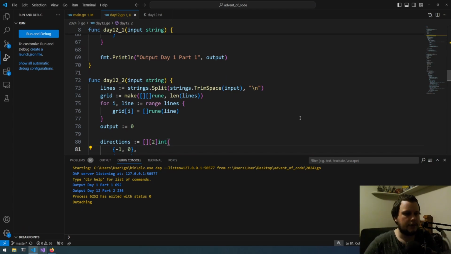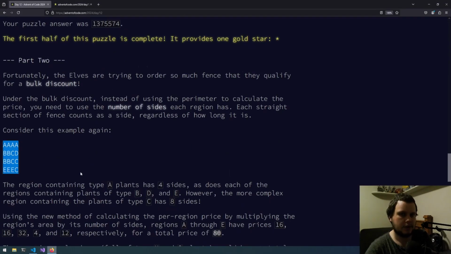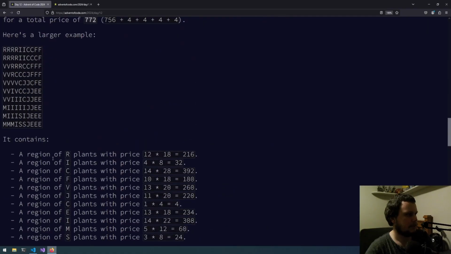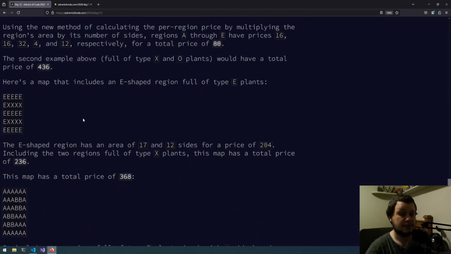So I had that code, and for some reason it would just not work at all. When I tested on this example, it would work. But then when I would test it on other ones like this, or there's that E1, it just would not work, and I could not for the life of me figure out why. Because there's nothing in the code which I thought was wrong. So I had to give up on this one and look online, try to figure out